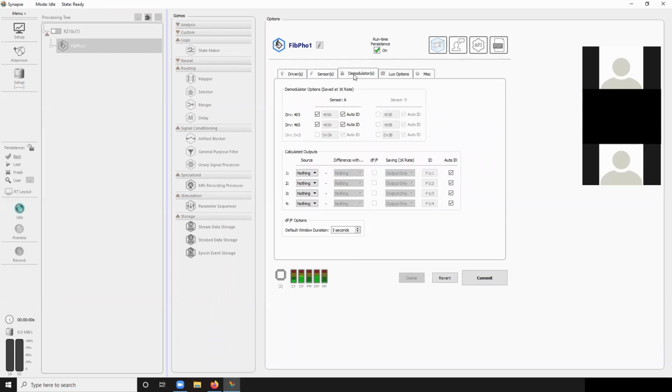So 6 is fine. If anything, go up, don't go down. This demodulators tab is going to control a couple things. If you had a second light over here, this driver 3 would be active and the sensor B would be active, and you would set up the table